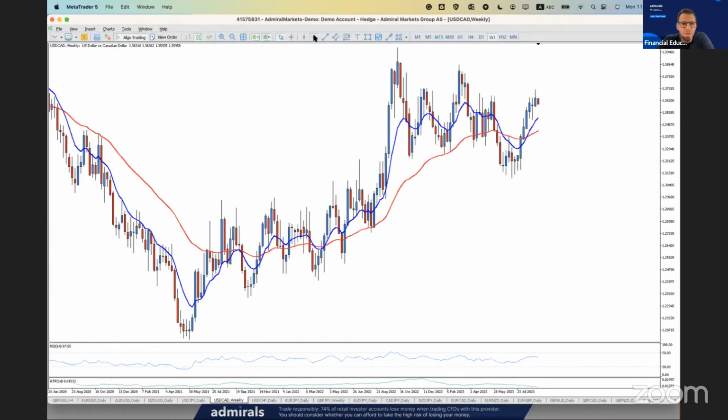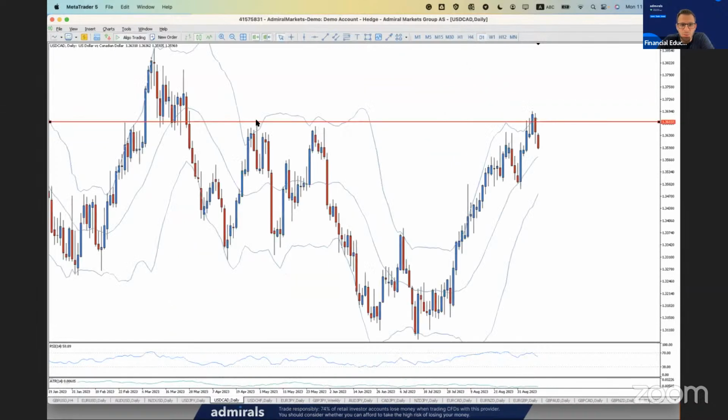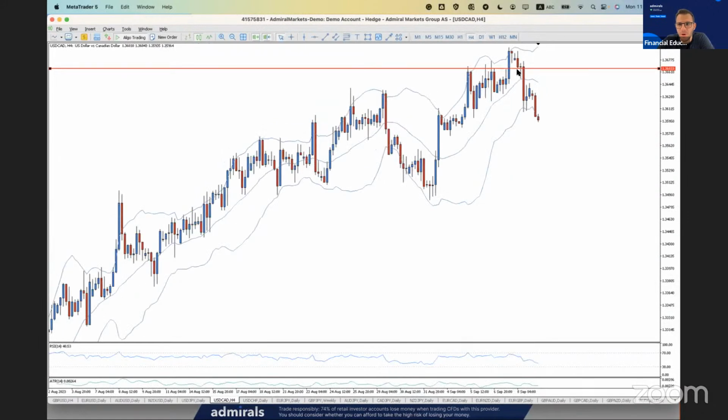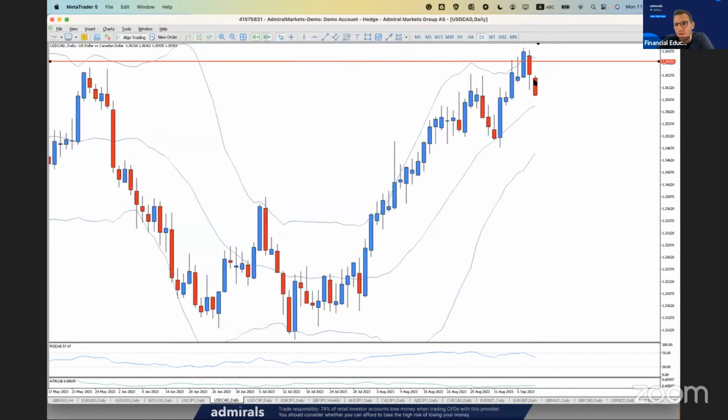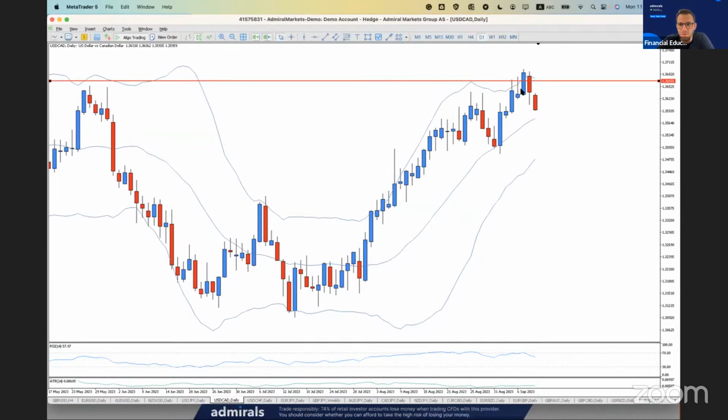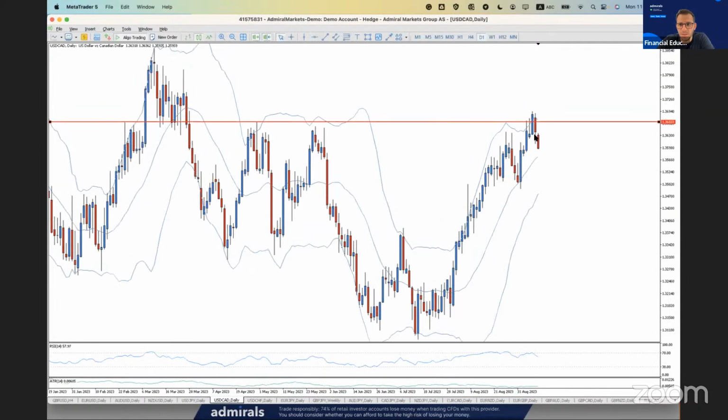Finally, the Canadian dollar. Here it's the resistance on the weekly chart, this high point here on the daily chart. This high point caused the price to stop and reverse. On the 4-hour chart, it wasn't really something to take advantage of. But on the daily chart or 8-hour time frames, it's also a very powerful time frame to trade. So yes, we do expect to see some move to the downside.